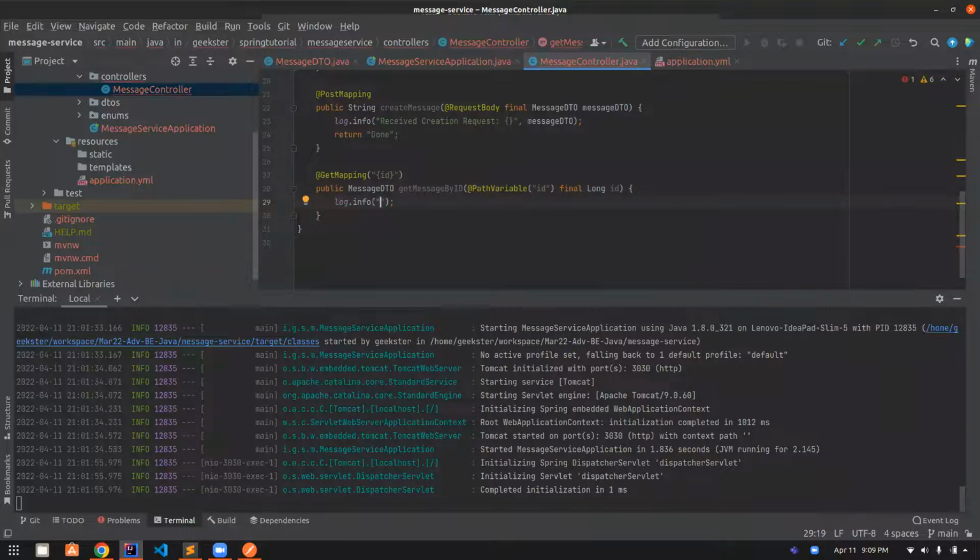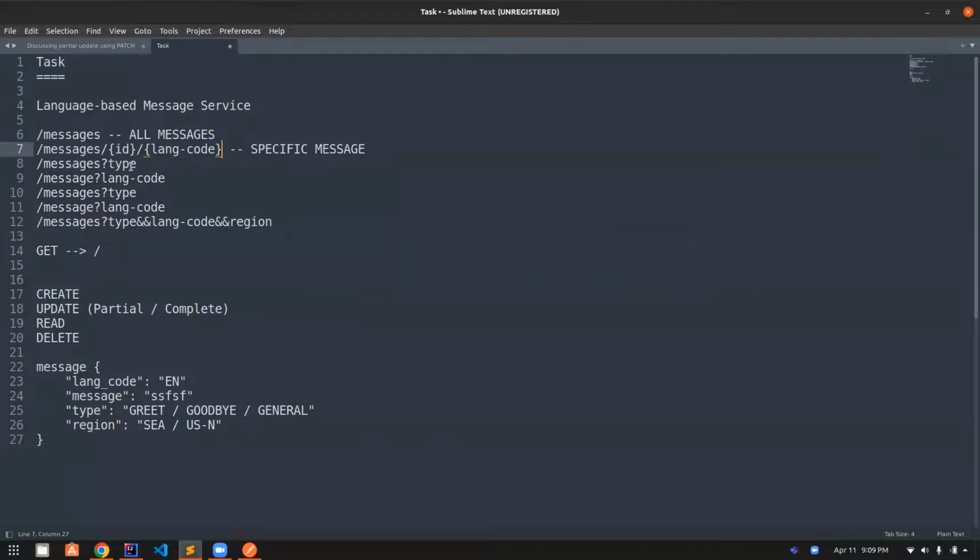We'll say received, no, getting message by ID, placeholder ID, okay? And then just return a simple new message DTO, okay? It'll be a blank DTO, basically nothing there. That's there. Then the next thing is,